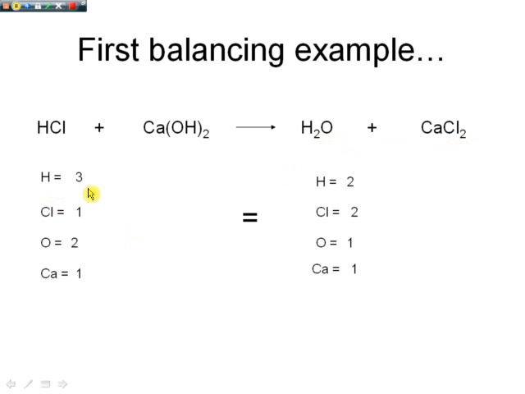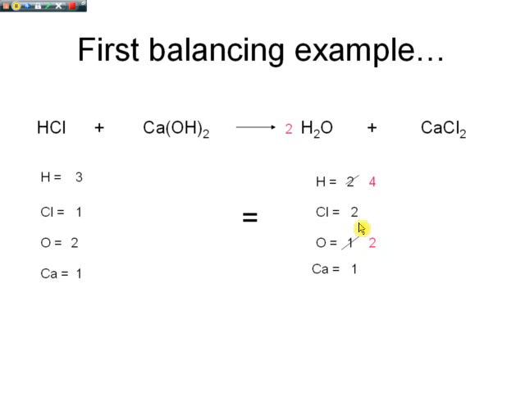Now you can see from the left and the right that our hydrogen equals 3 and this hydrogen equals 2. Obviously, our equation is not balanced. Now I'm going to pick the thing that's easiest for me to rectify. So I have 2 oxygens on the left and I have 2 oxygens on the right. So I want to put a 2 in front of H2O to make my oxygens equal 2 on the product